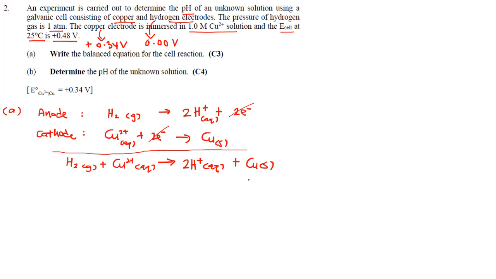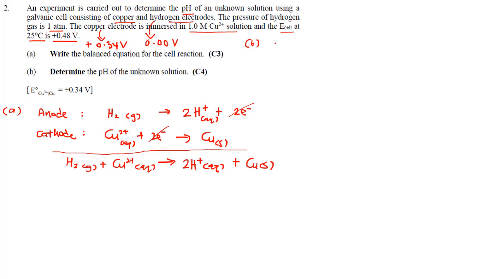Okay, so the next part asks us to calculate the pH of the unknown solution. So how do we do this? Before we proceed to find the pH of the unknown solution, we must first calculate the concentration of hydrogen ion. So how do we calculate the concentration of hydrogen ion with all the values and